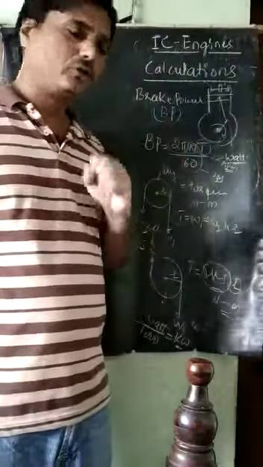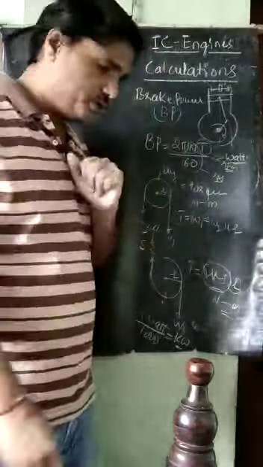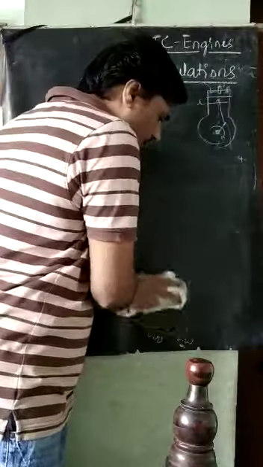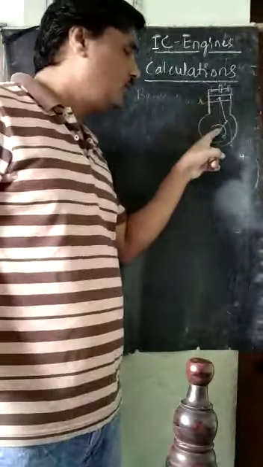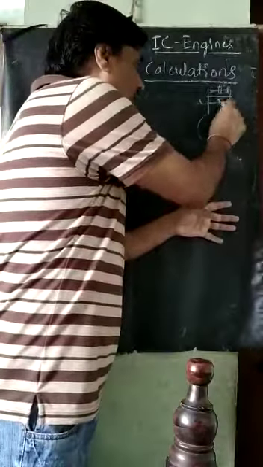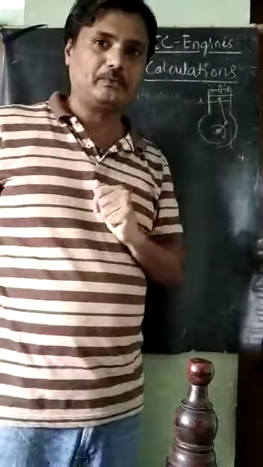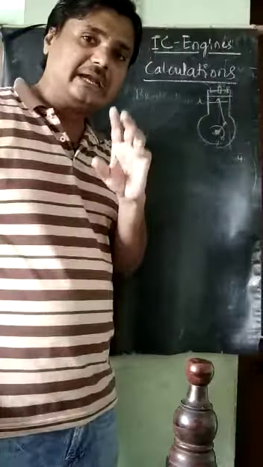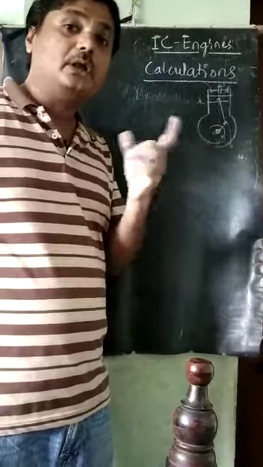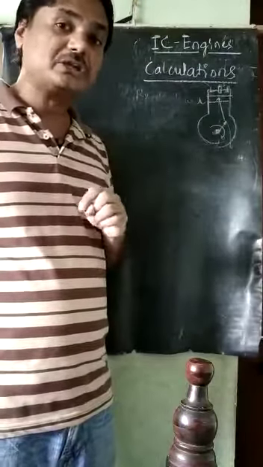So this is about BP. One question arises here. We are getting the formula for the BP, that is brake power. Indicated power is in the cylinder, and brake power is in the crankshaft. While this energy is converting from indicated power to brake power, there are many losses happening due to friction. These losses that take place while converting from indicated power to brake power due to friction are called the frictional power.